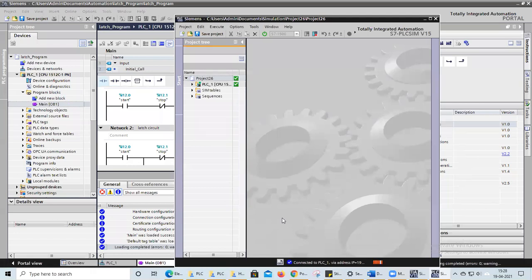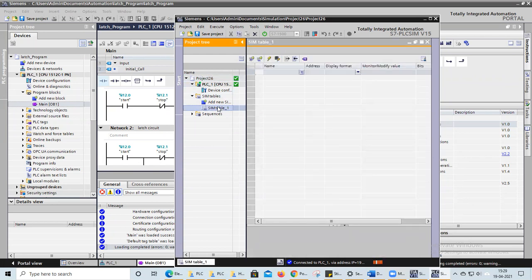Now my project is opened here. You can see project 26 is opened. You click on this one, PLC1. In the sim table, you click once again. Here you can see sim table, means simulation table 1 is there now. You click on this one. This window will pop up.